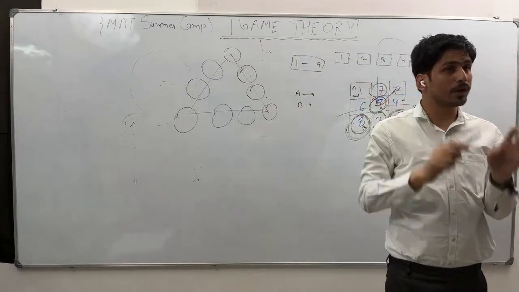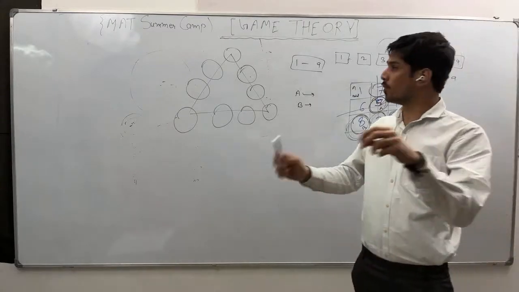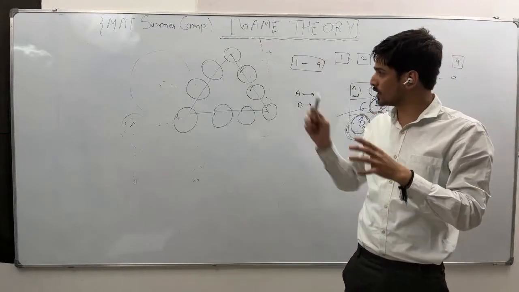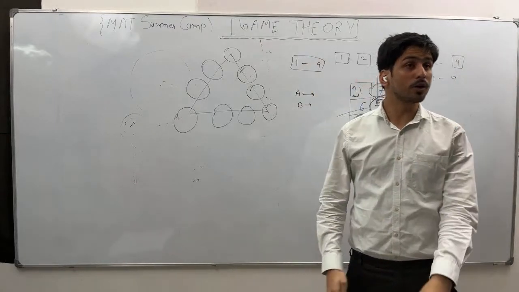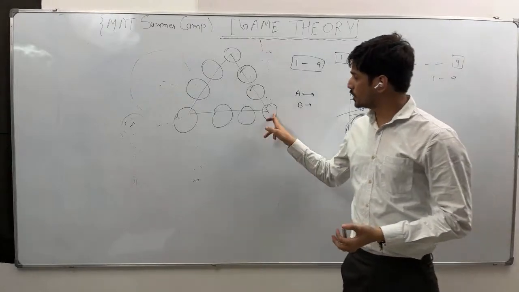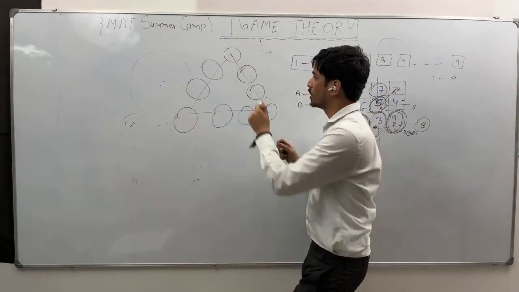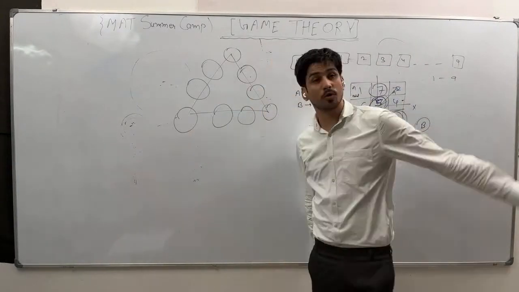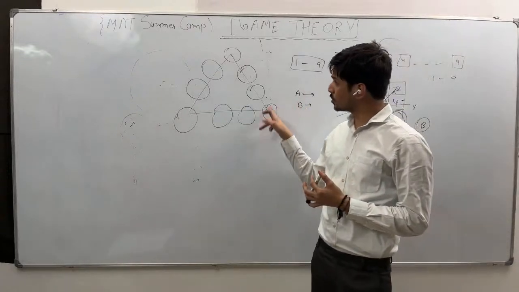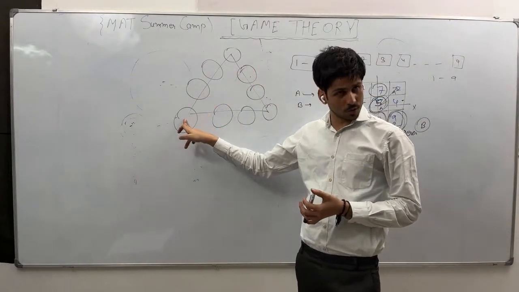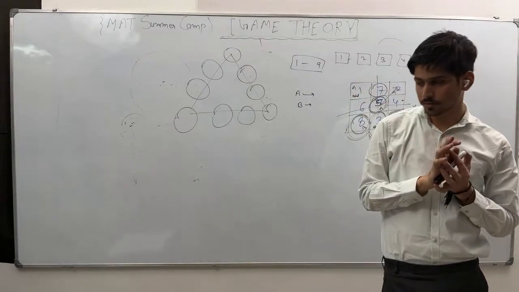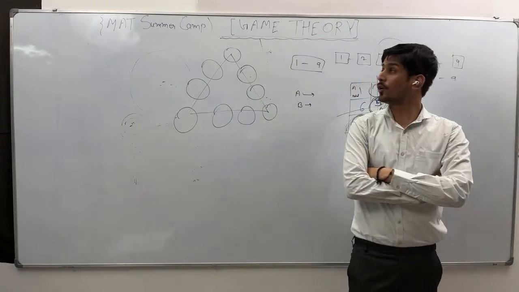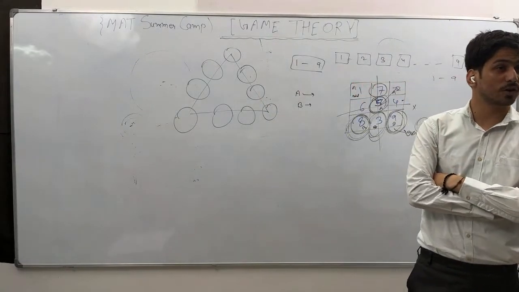The thing is, what optimum strategy should you apply so that no matter how B plays, you win? If you are able to put just one number at the right place, you can't repeat. Which corner? Any corner. No matter the corners, you can put it at any place. It's not about the corners. You can put here, here, or corners. But what number do you have to put? Why 5? Any logic behind that? Why not 3, 7, 6, 4?